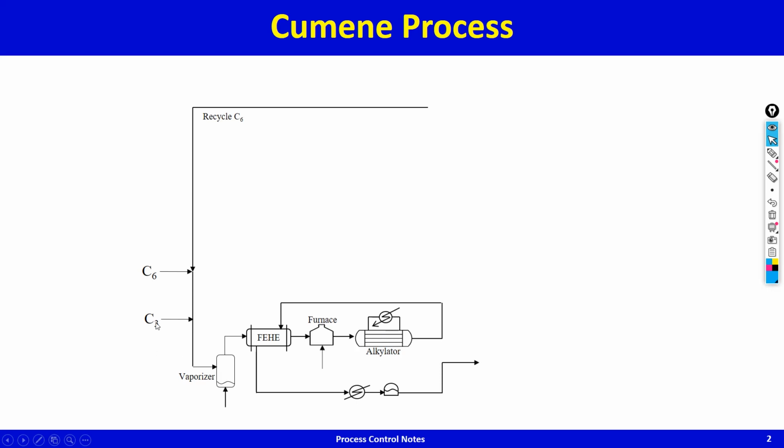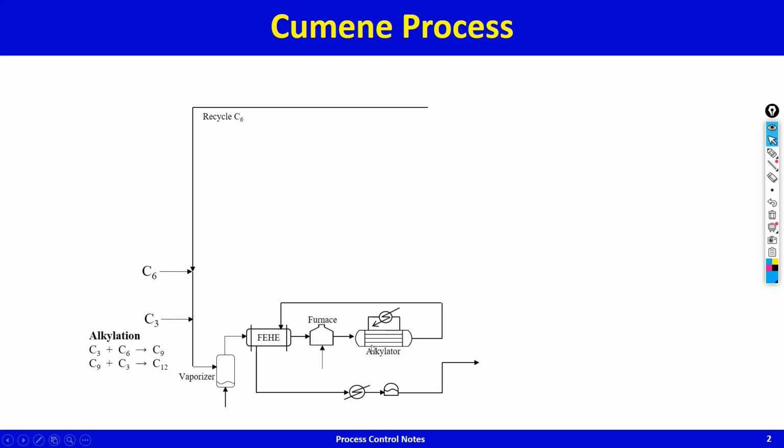The single pass conversion of propylene, which is the limiting reactant, and why is it the limiting reactant? Maybe we should talk about that also, because this is the reaction chemistry. See, C3 plus C6 gives C9, Q-mean is C9. So C9 is your desired product. However, the C9 further alkylates with C3 to give C12, and C12 is waste. So in order to make sure that the amount of waste that you're producing is small, C3 will have to be limiting. You'll have to run the reactor in excess benzene environment. Okay.